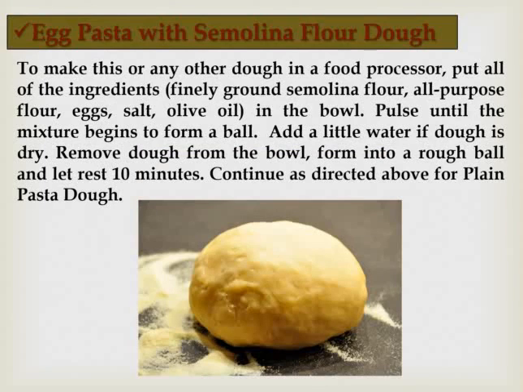Next is egg pasta with semolina flour. This type of pasta is normally prepared with semolina flour dough mixed with egg. Because the egg quantity is richer and in excess, this type of pasta can be prepared with a semolina flour and all-purpose flour mixture as the dry element, with egg, salt, and olive oil. This type of pasta is also preferred in the Italian region, and different types of plain pasta are prepared.